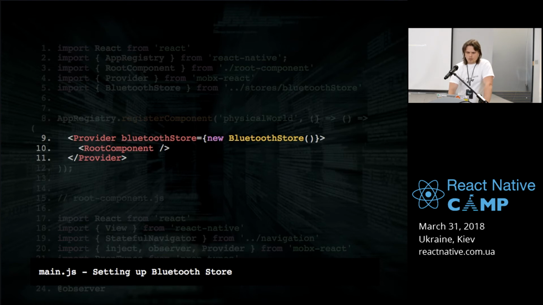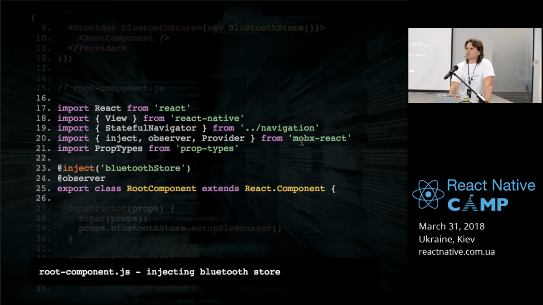So I create a new instance of this Bluetooth store. Then I have a file called rootComponent.js. In this file, I inject the Bluetooth store here. Inject and observer are the MobX API. Inject means putting the Bluetooth store on the props. And observer means when the store gets updated, my component gets updated.